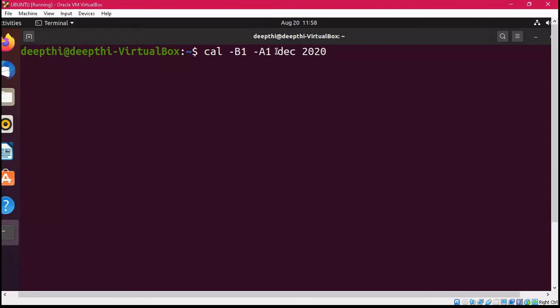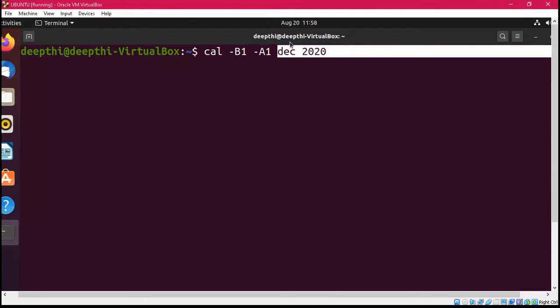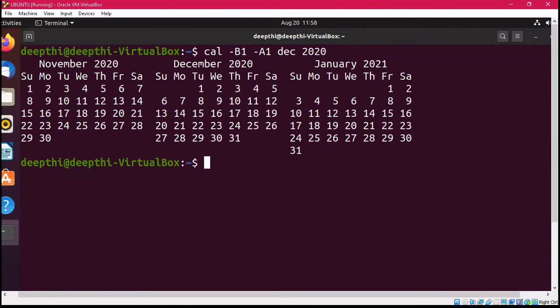It will take this as the current month, and display 1 month before December 2020, that is November, and 1 month after December 2020, that is January 2021, because a new year will start. Now let's see the output.